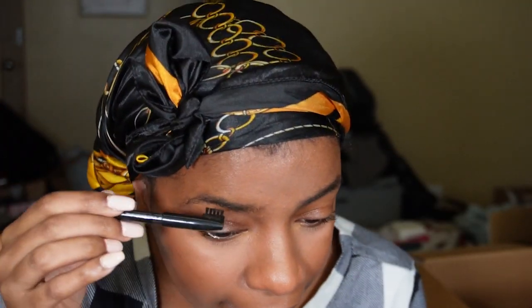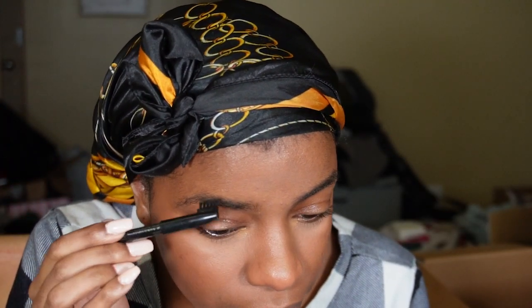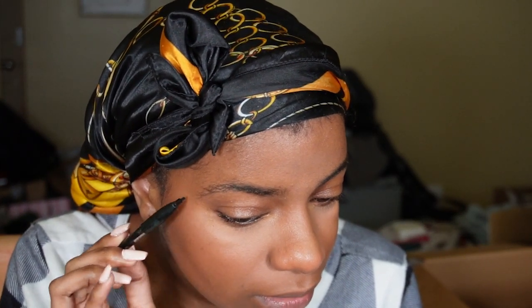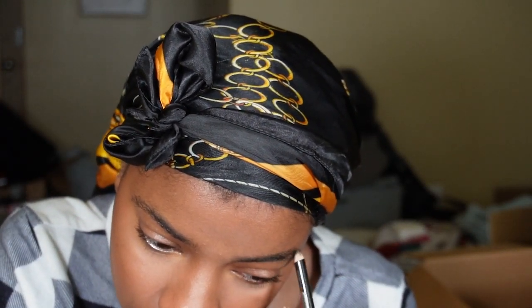from everything else. I'm taking this, I think this is Essence. I couldn't find this when I was digging through my makeup to do this video voiceover. Sorry. But I think it's an Essence. Pretty sure it's an Essence pencil with the little brush thing on the cap. And it's in the shade black because,